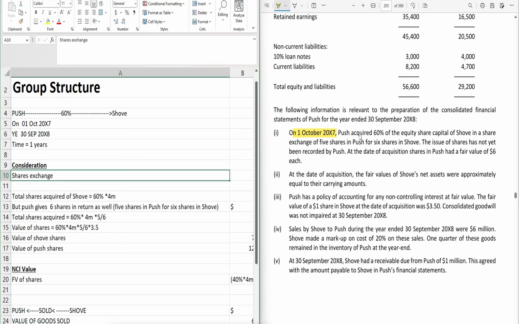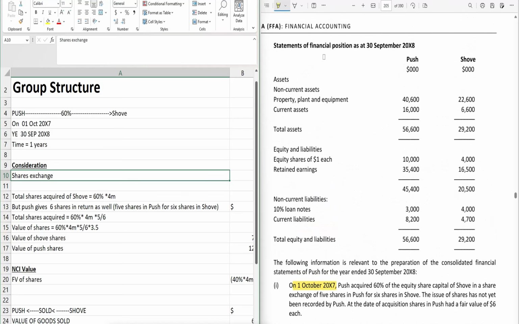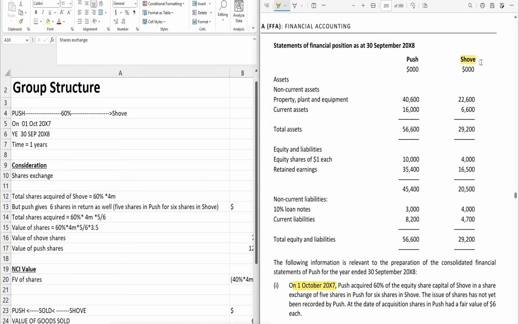So Push acquired 60% of the equity share. Now the first question is how much equity share capital SOV has. So from where can we get this information? Obviously from the statement of financial position. And whose? Of SOV, not for Push, right? Okay, so if you look at the statement of financial position of SOV, there is 4,000, and